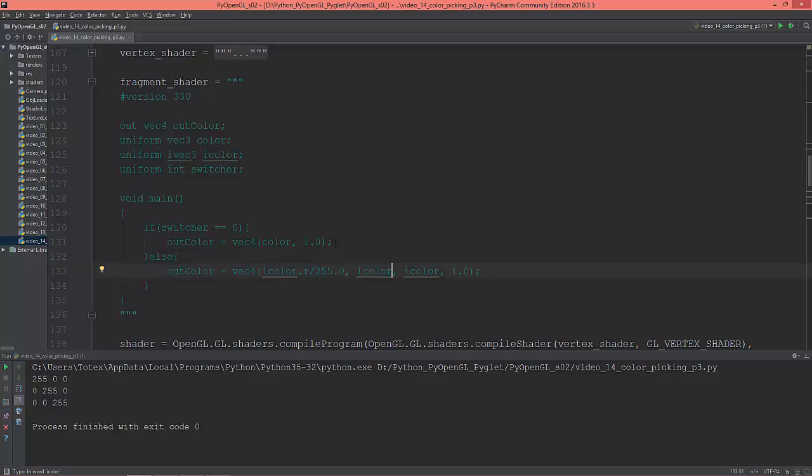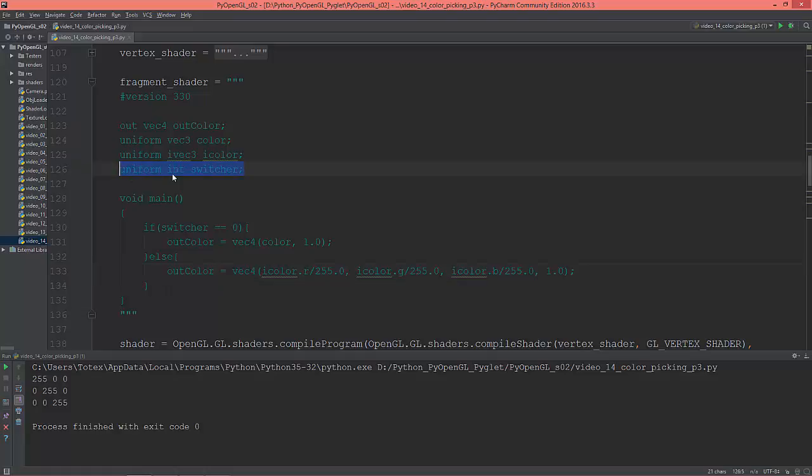So iColor.g green divided by 255.0, and iColor.b blue divided by 255.0. So let me double check. iColor.r, iColor.g green, and iColor.b blue. Okay,